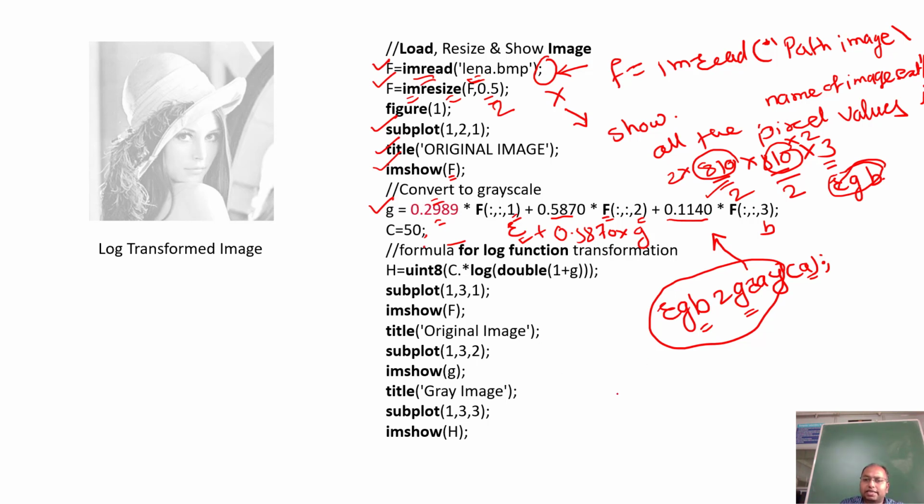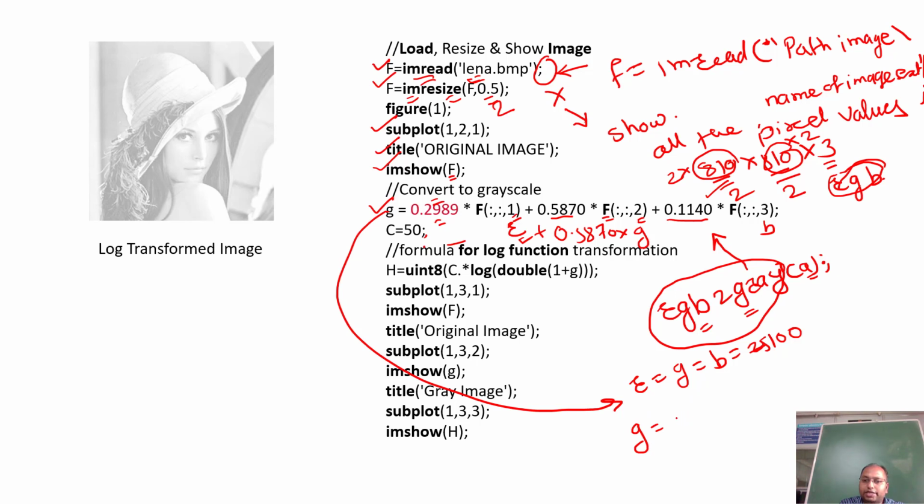Let us check. Let us say R, G and B each have the value 100, and let us calculate G over here.